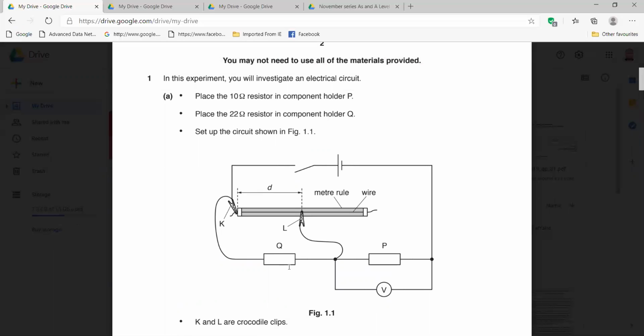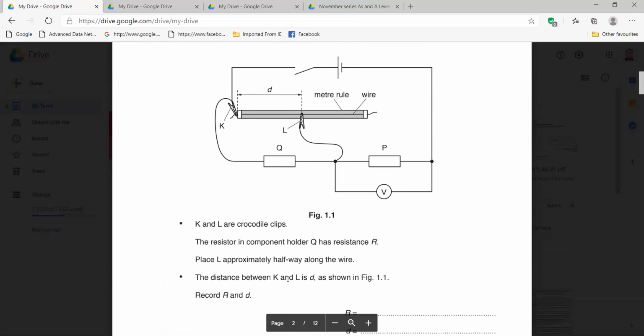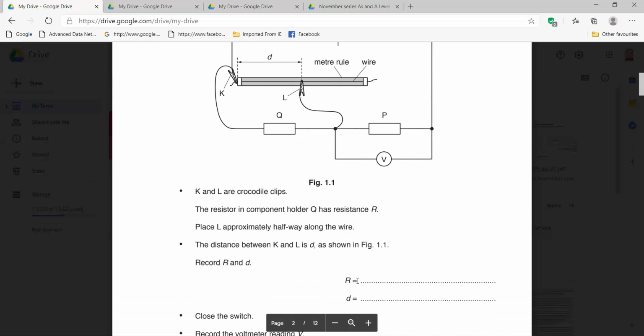And this 22 ohms, they are saying this is R, resistance R. So here in this place, R equals 22 ohms. You will write here how much? 22 ohms. Today I will upload this